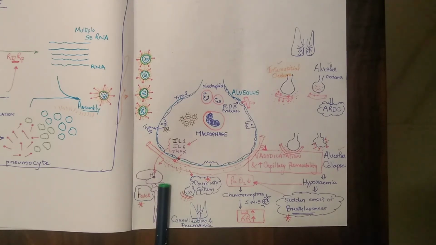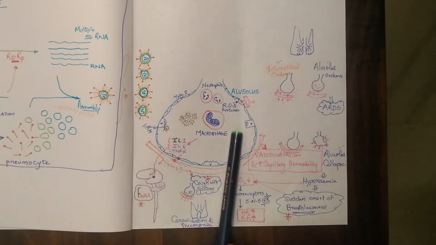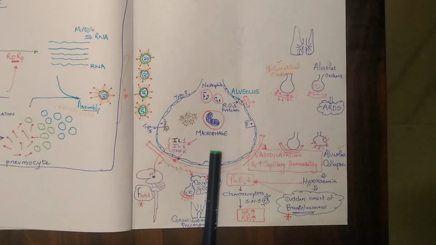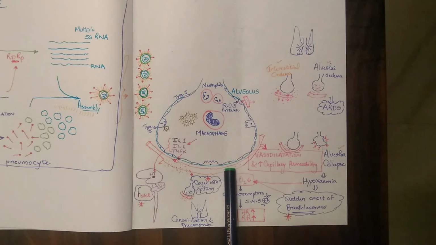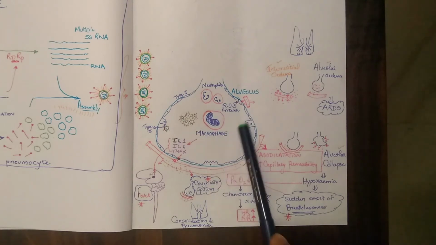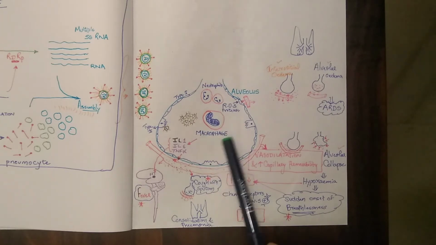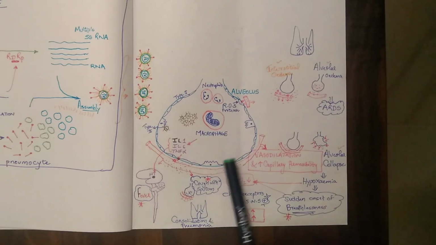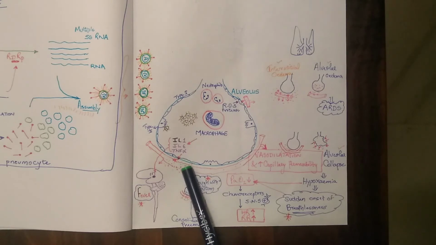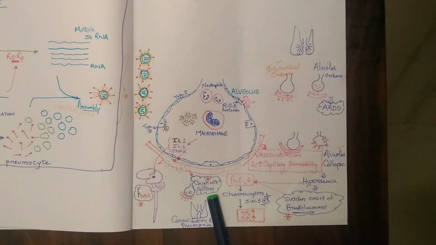Then also these inflammatory mediators, this macrophage, this virus, everything is accumulating in the alveoli. We want the alveoli to be clear. Why? Because oxygen has to come here and diffuse into the capillary. Carbon dioxide from the capillary has to go out into the alveolus and get eliminated. This has to happen. We can't have so many things inside the alveolus. So we have the inflammatory mediators, the viral particles, the macrophages, everything. All this, including the leakage of the pulmonary capillary, even this plasma will come out into the alveolus causing alveolar edema. So all this induces cough in the patient, and this cough is associated with sputum.